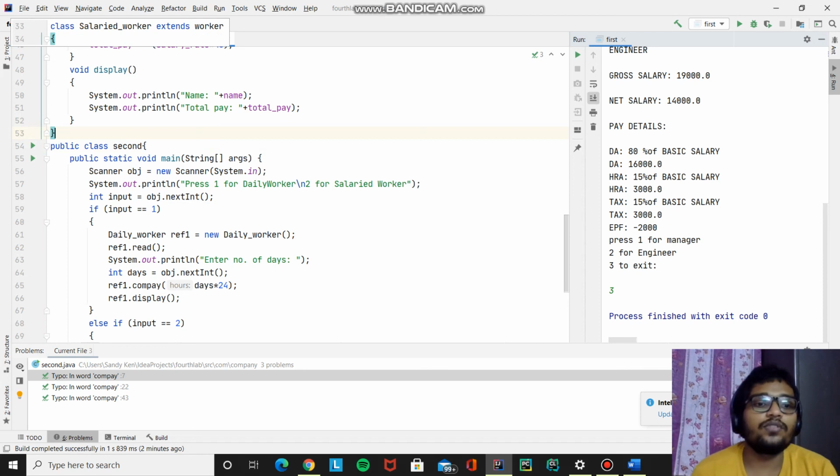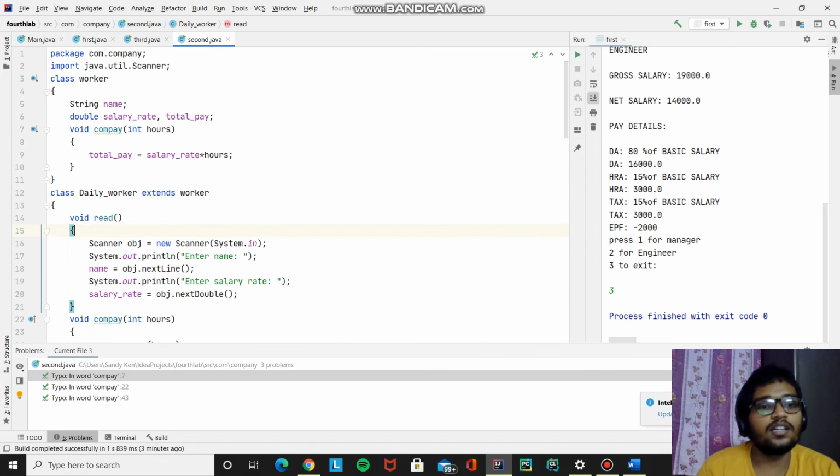Now we are checking if the number entered by the user is 1. If it is 1, we are creating an object for the daily worker. Using the reference of that object, here it is ref1, we are calling the read method that reads some more data from the user. Well, we'll see the read method first, and we'll come back here.